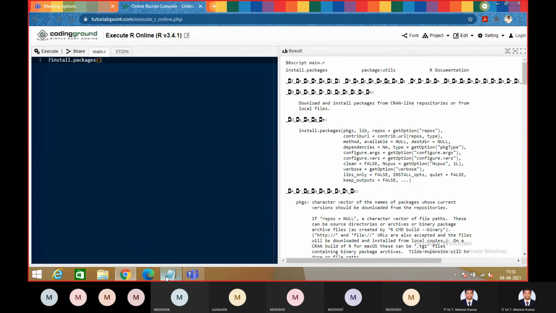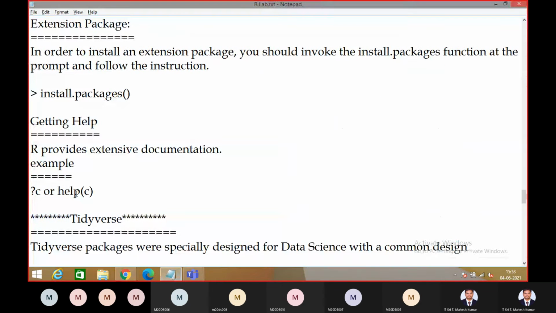Not only like this, you can also use the help command. With the help of the help command also, it is going to show you. And generally, in real time when you are working, if you want to know about some library in detail, you have to use this command. Okay, right guys, these are the basic things of R programming.